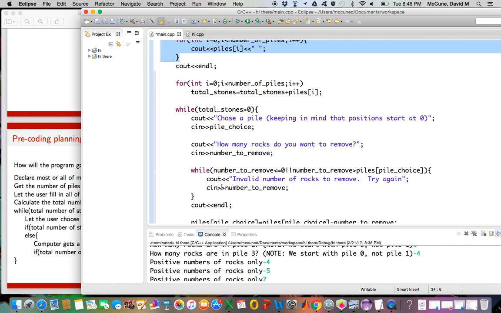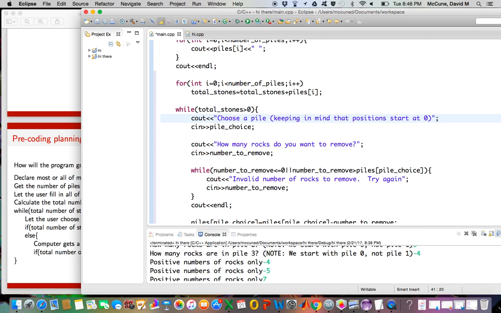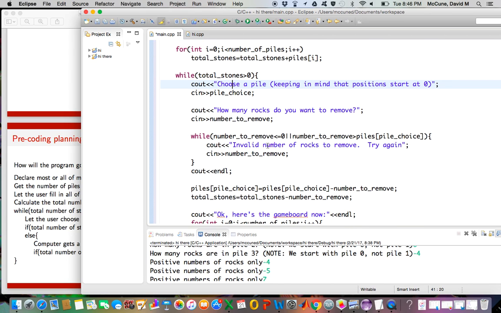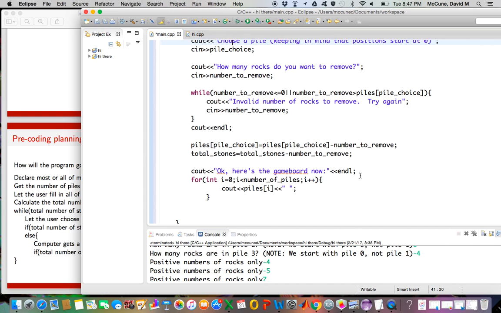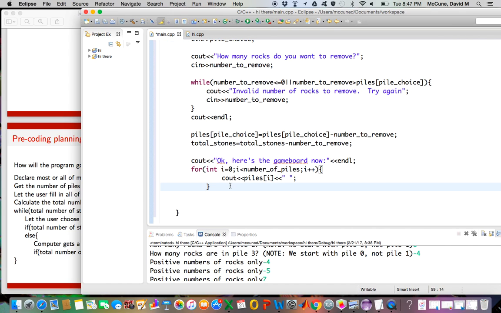And the user gets to go first. So we ask them to choose a pile. We ask them how many rocks to remove. We make sure, in this case, that the number to remove makes sense. Once we have that choice, we force the pile to decrease in size by how much they said, and we force the total number of stones to decrease in size. So that's what it means to give the user their turn. They got to choose a pile. They got to choose a number of rocks to take away. Okay, once their turn's over,